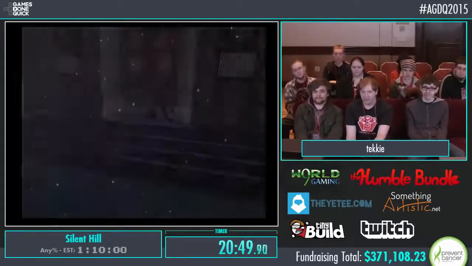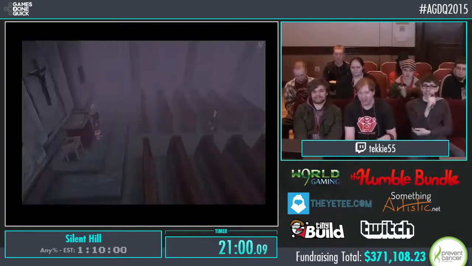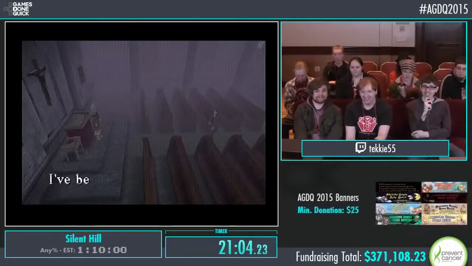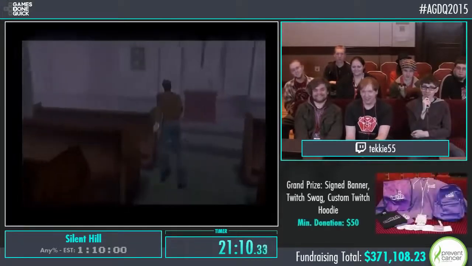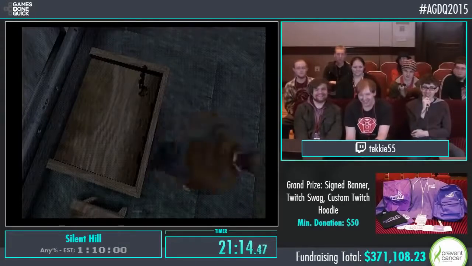So here we are at the church. We meet Dahlia here for the first time. She's this crazy old witch. Let's do gyromancy. Were you ringing that bell? I've been expecting you. It was foretold by gyromancy. Kurt, would you do me the honor of explaining gyromancy? So gyromancy,